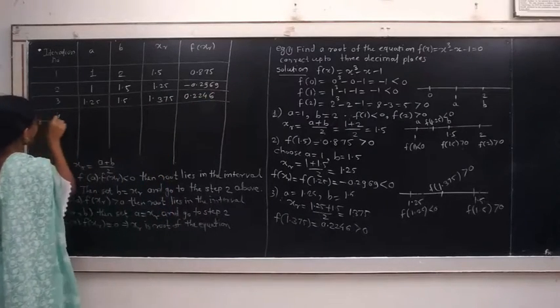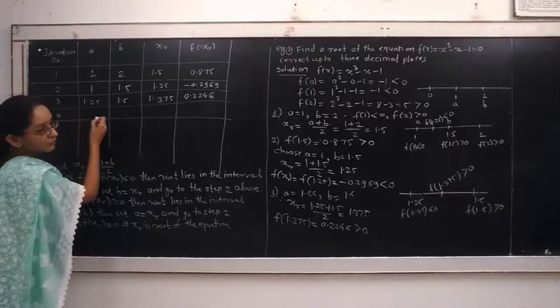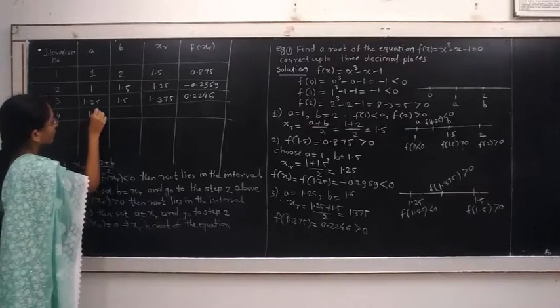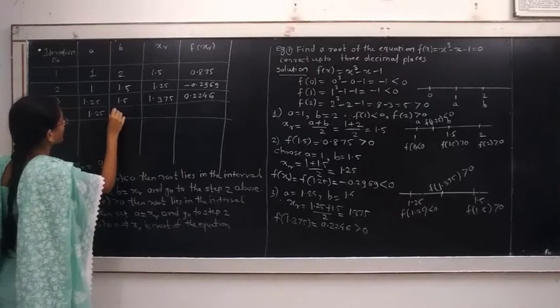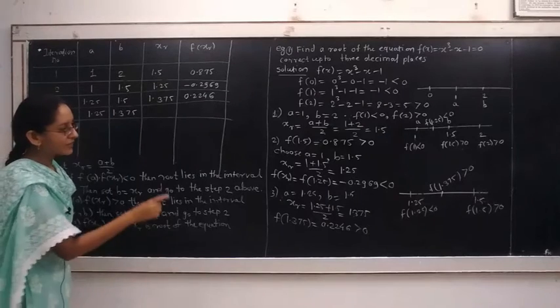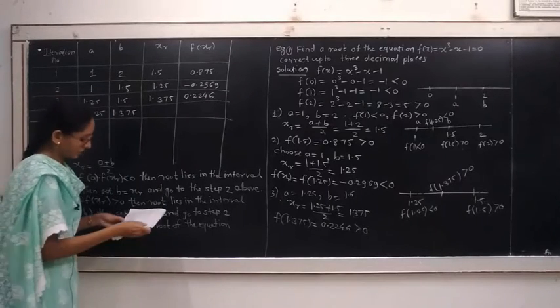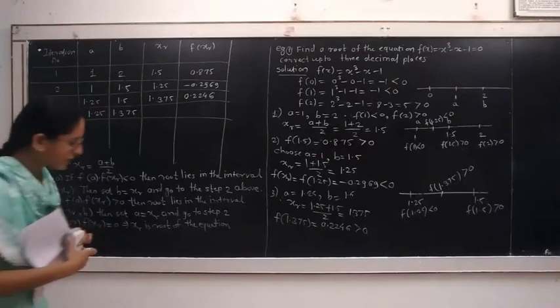In the fourth iteration, we take a is equal to 1.25 and b is equal to 1.375. In that case, the value of xr in the fourth iteration is